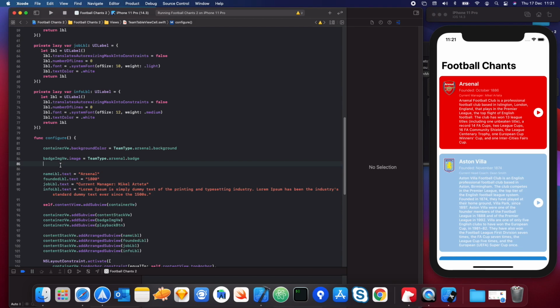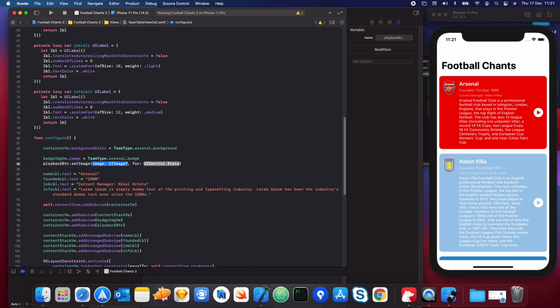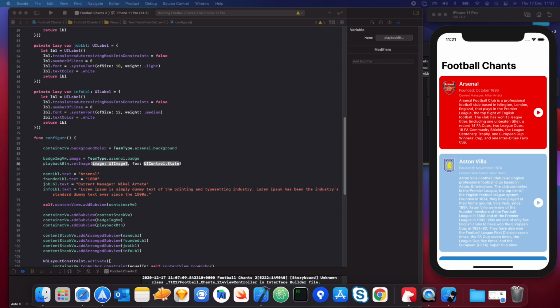So what we're going to do here is say playbackButton.setImage, and what we're going to use here is SF Symbols. Basically, starting from iOS 13, Apple released an app and a new feature called SF Symbols, which are essentially just scalable vector assets. If you go onto the internet and search for the SF Symbols app, you should see an app that looks like this